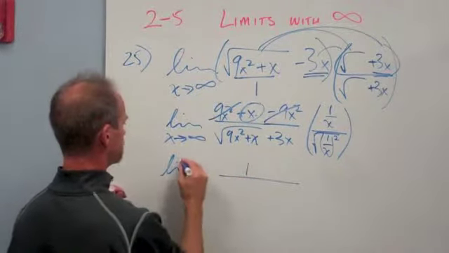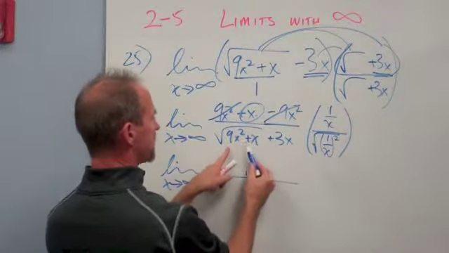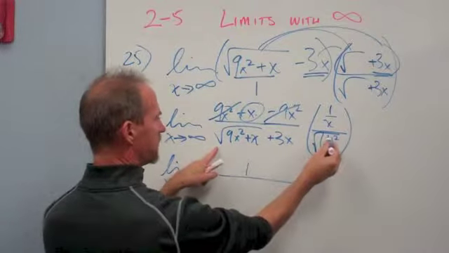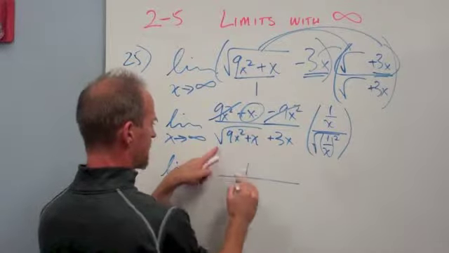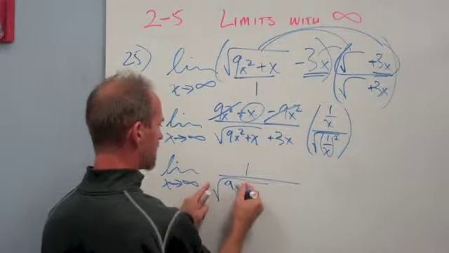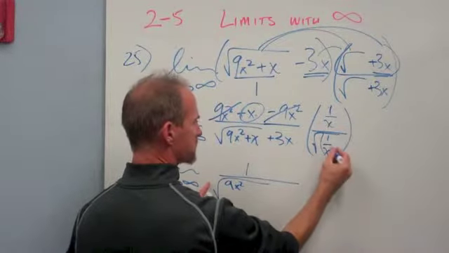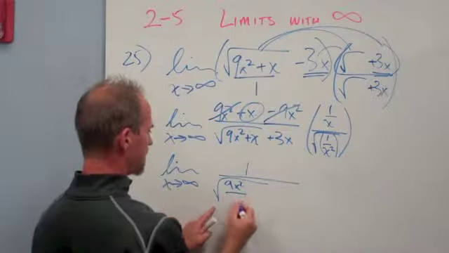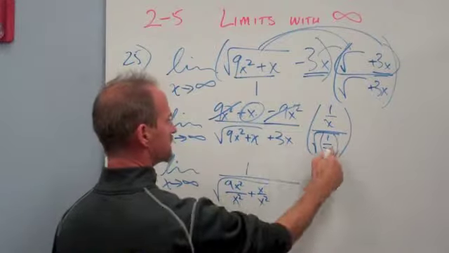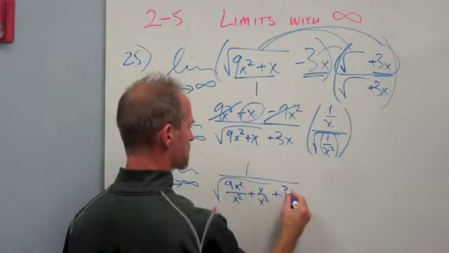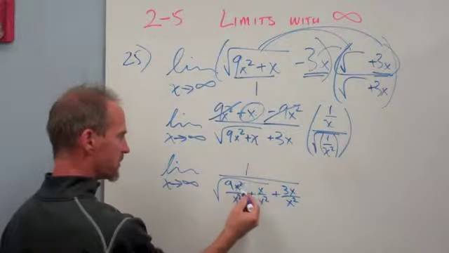I've still got the limit as x approaches infinity. When I multiply a radical times a radical, I can go inside the radical and multiply 1 over x squared with the radical still on the outside, and I'll get 9x squared times the 1 over x squared. I'll rewrite this as 1 squared, which is 1 over x squared. And I get 9x squared over x squared plus x over x squared. And then this times the radical is plus 3x over x squared. Okay? Now I'm getting somewhere because the x squareds cancel,